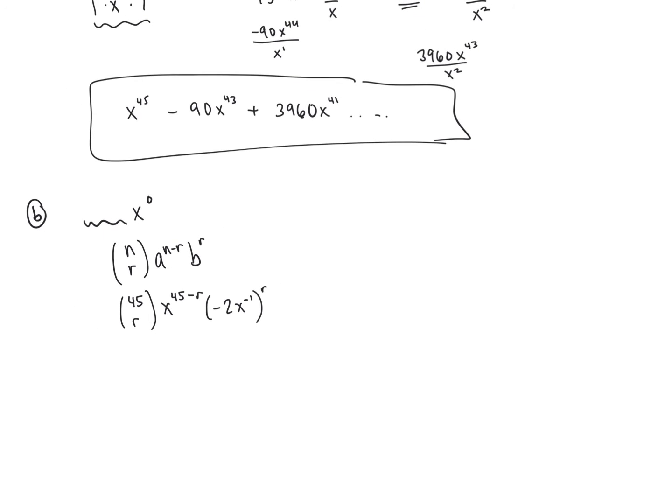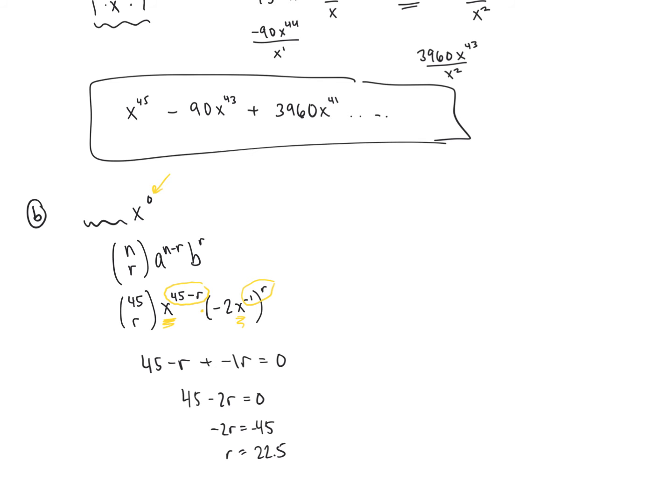Now, I have an x here and I have an x here. The total exponent of x needs to be 0 because we're looking for the constant term, x to the power of 0. When we multiply the bases, we add the exponents, so this exponent plus this exponent needs to equal 0. So 45 minus r plus negative 1r needs to equal 0. So 45 minus 2r equals 0, negative 2r equals negative 45. r equals, we're going to get a decimal,